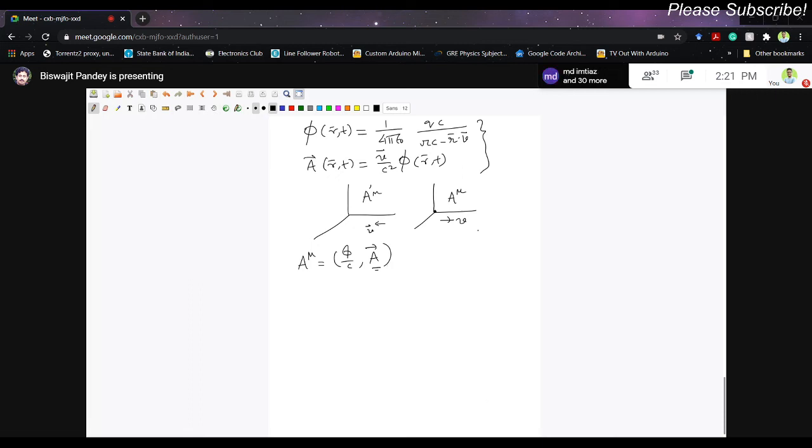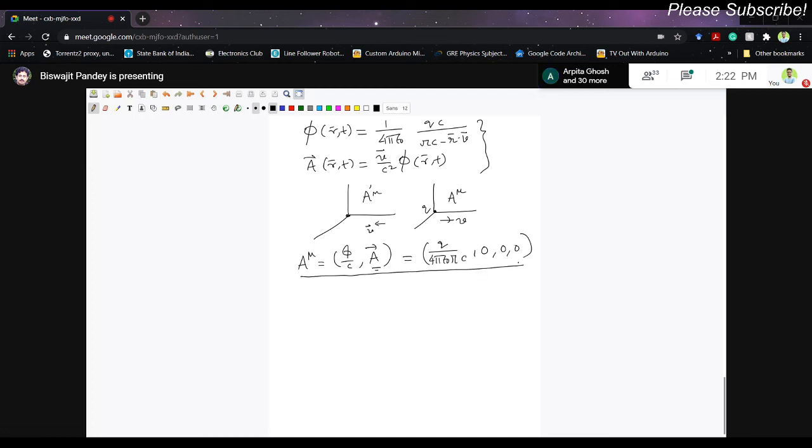Now, in case you switch to the frame of the moving charge, what should be the scalar potential and the vector potential? Since the point charge itself is not moving in its own frame, what do you expect? So what is the point charge? The point charge has the magnitude of q, and the distance between the source point and the field point is curly r. So this is simply q by 4 pi epsilon 0 r times c, and then 0, 0, 0, right? This is the four potential.